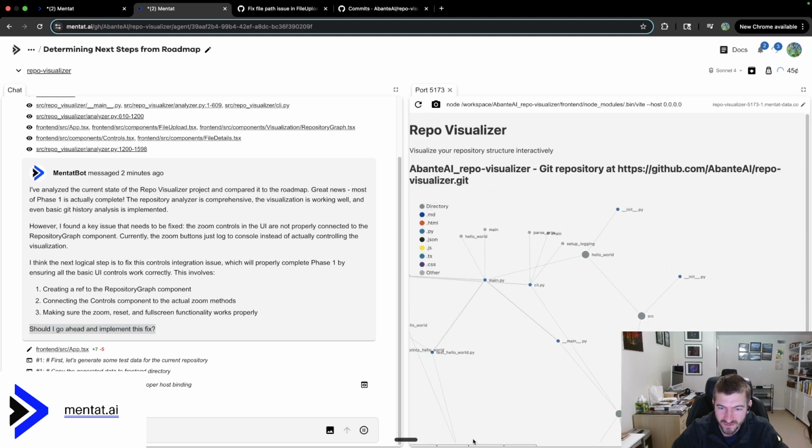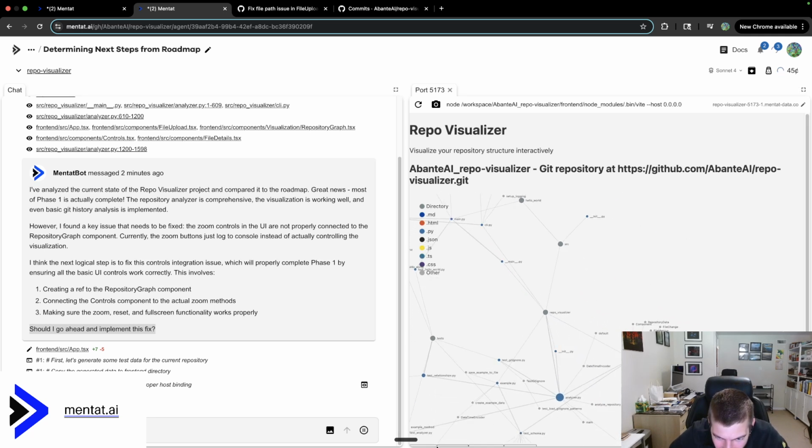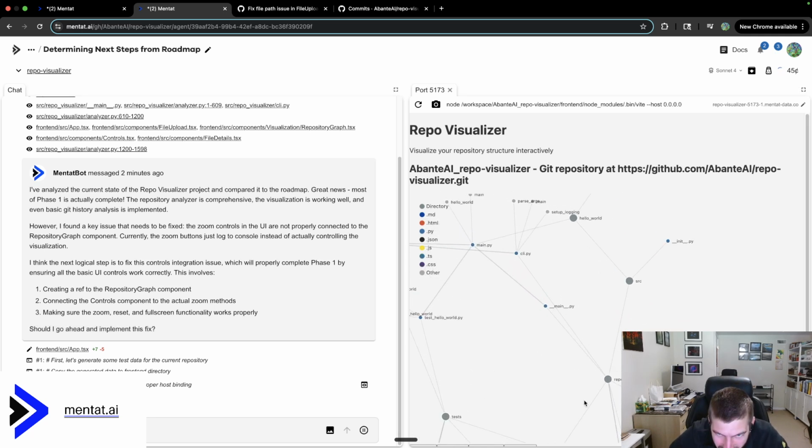Oh, I can't quite reach them. Okay, looks like they work now. They're a little funny in the iframe, but